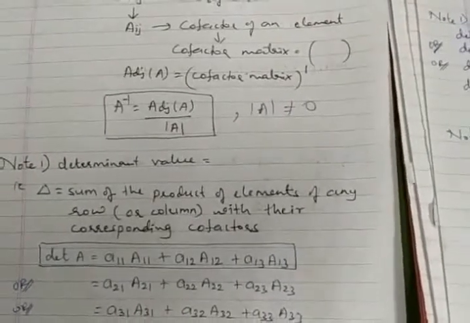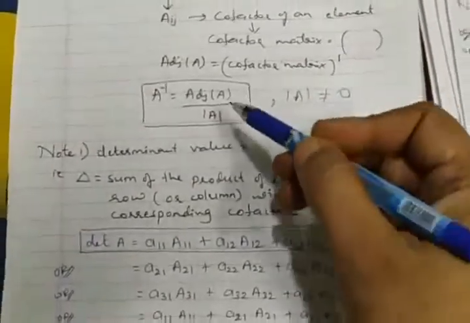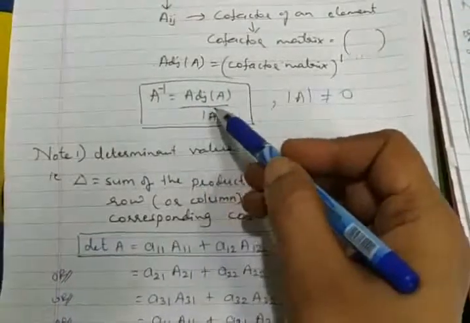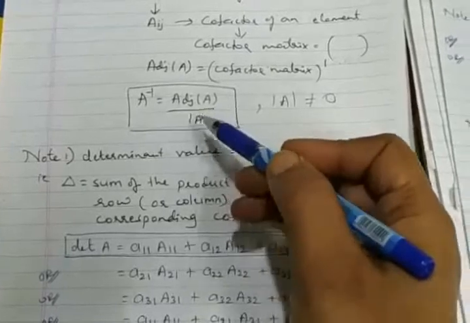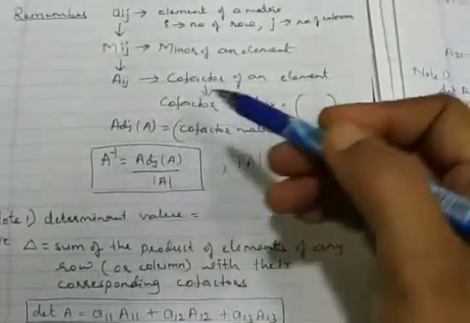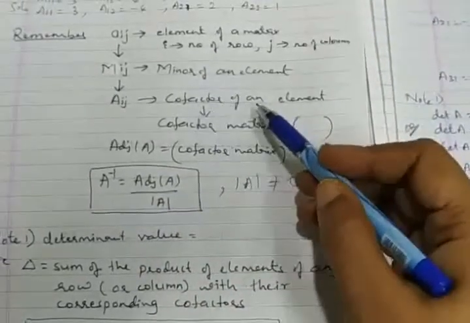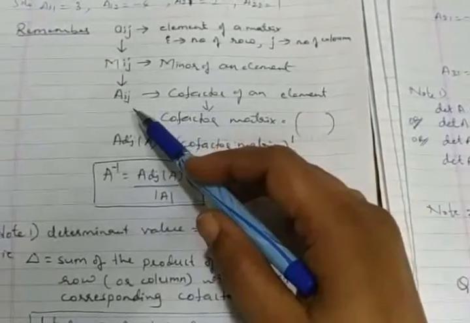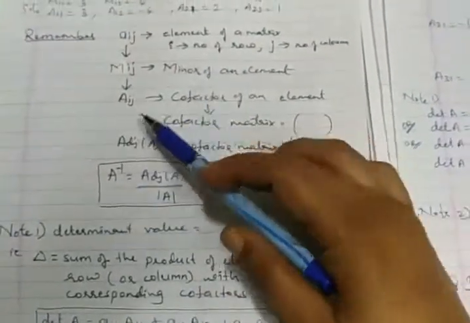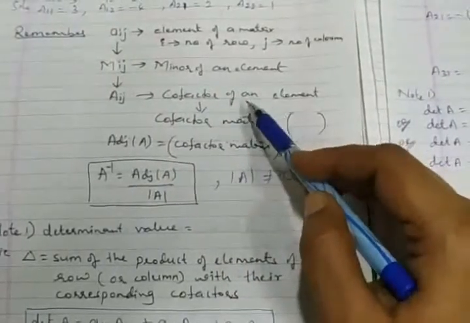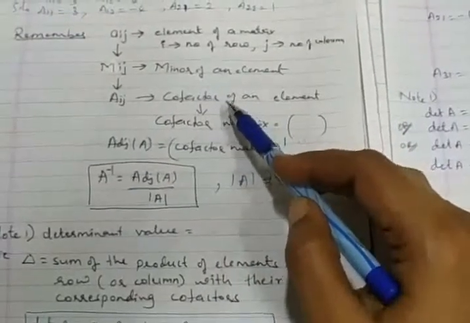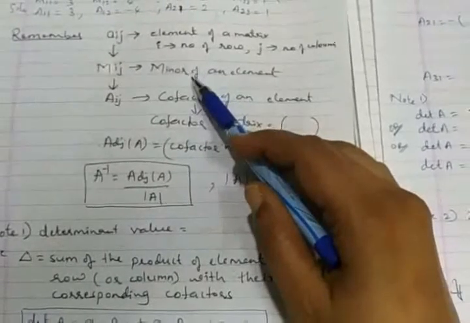Welcome back. In the previous video I discussed the formula for the inverse of a matrix, and shortly we'll be discussing the formula also. But right now, let's be perfect in how to find the cofactor, and the symbol given for the cofactor. So you have to remember Aij stands for the cofactor of an element, and there is a certain rule to calculate the cofactor, which depends upon the minor.